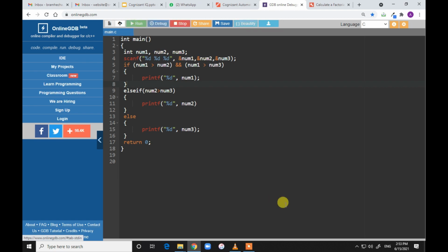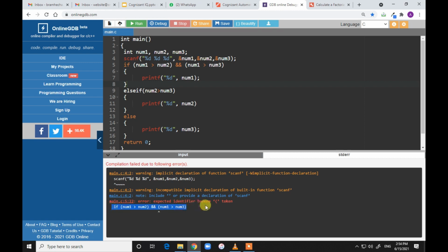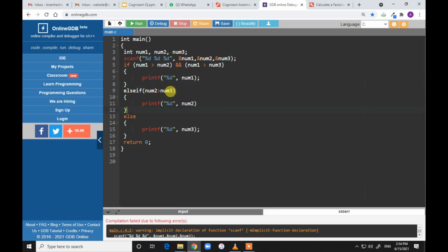If I try to run it, let's check what error we are getting. We are getting the error in an if condition. The condition should not be written like this; it should always be enclosed within parentheses. Here there are two conditions, this is the first condition and this is the other condition, and both conditions should be enclosed within round brackets. If this condition is true, we will print number 1. If it is false, then the second condition is checked. Here is also an error: we need to give a space to separate it. They are making use of a ladder if else, so here I have given the space.